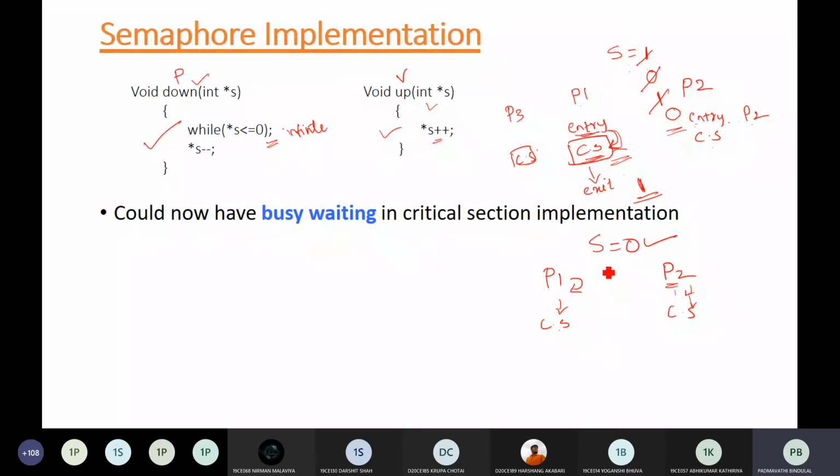So that is why it is always suggested in the books that the S value should always be 1. That means at least you should start the process of executing the processes. If you have S value 1, at least one process will be executing. When the S value becomes 0, other processes cannot execute, and when it comes into the exit section, the S value will again be 1. So this is the atomic operation. That means in entry you are decrementing it, in exit you are incrementing it.